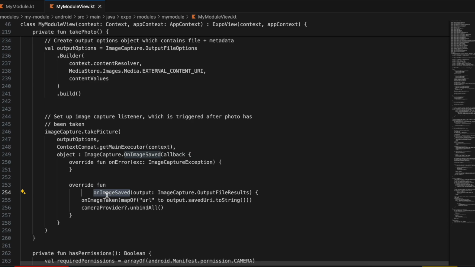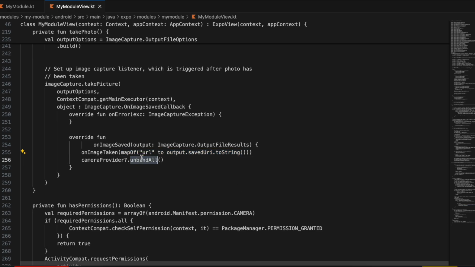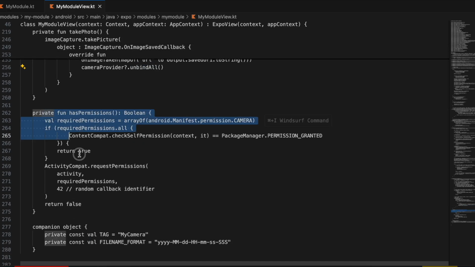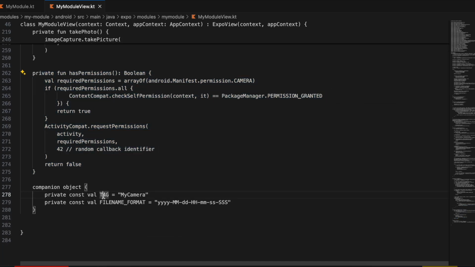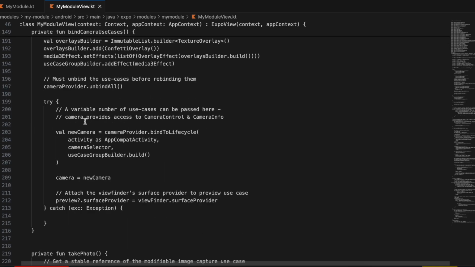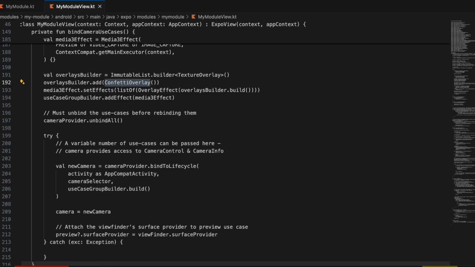Here we override onImageSaved, and here we send the URI of the saved image back to the React Native side. Then we unbind our camera provider. Here we just check whether we have the camera permissions or not, and these are just variables which we are using inside our file. Now coming back to this particular file of confetti overlay, for that you need to create